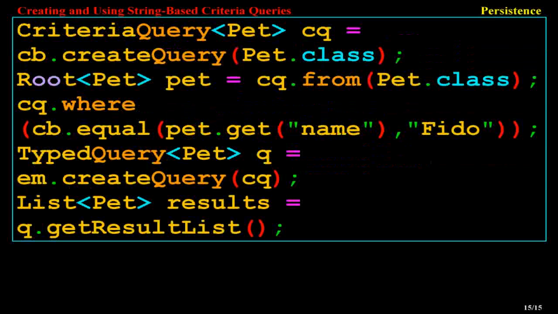CriteriaQuery<Pet> cq = cb.createQuery(Pet.class); Root<Pet> pet = cq.from(Pet.class); cq.where(cb.equal(pet.get("name"), "Fido")); TypedQuery<Pet> q = em.createQuery(cq); List<Pet> results = q.getResultList();